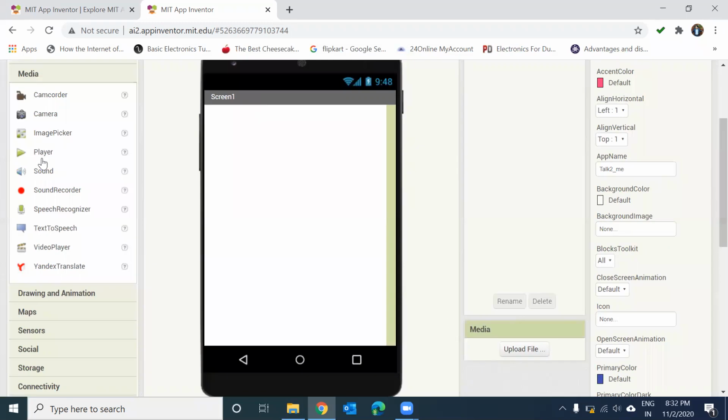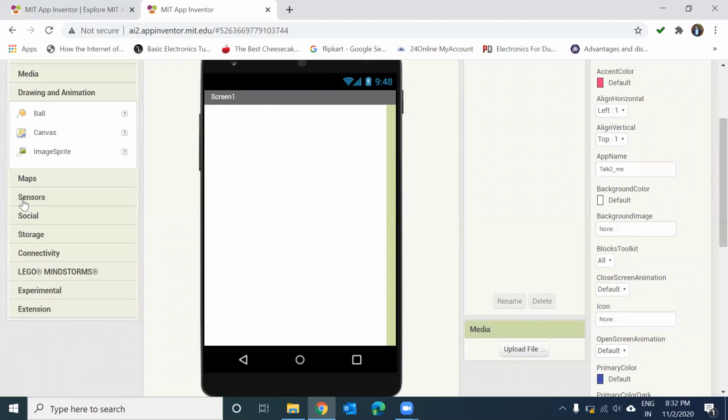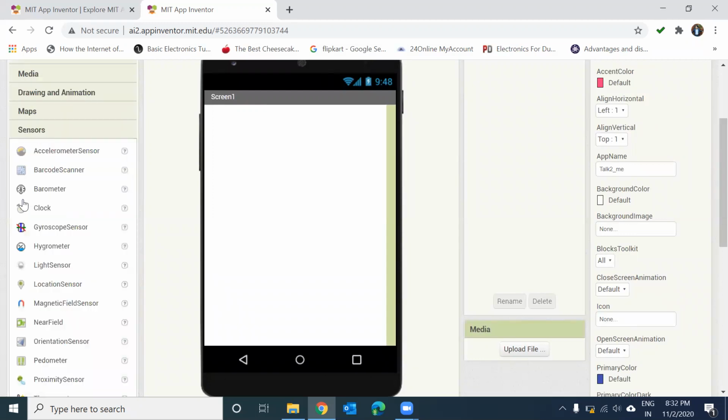So these are the media components, and these are the drawing and animation components. There are sensors. You can also use the sensors which are already present inside the mobile phone. There are various sensors in a mobile phone, such as the accelerometer sensor, gyroscope, and light sensor. We can also use proximity sensors, which are present in front of our mobile phone.